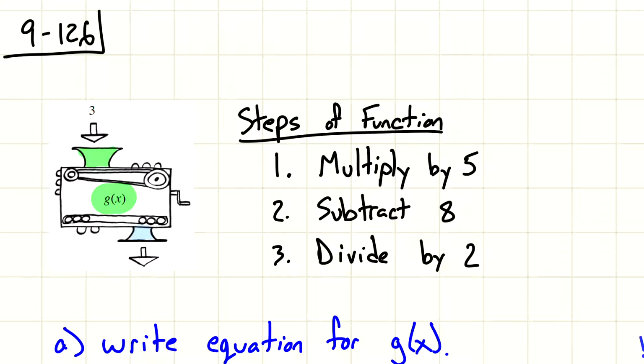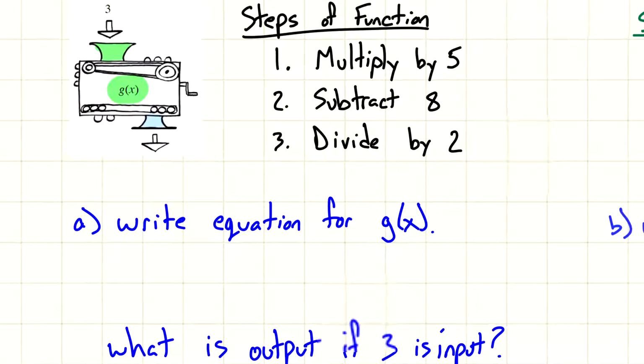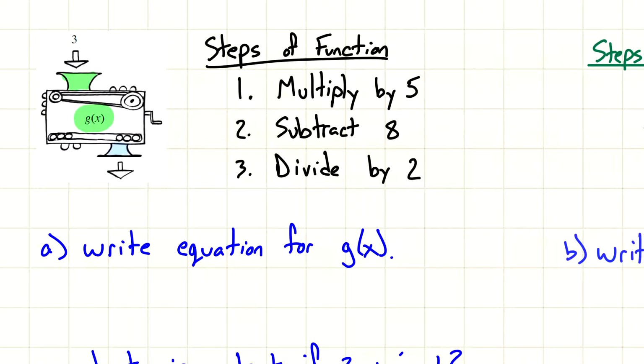All right, so that's how this machine is supposed to work. And so what we're going to do is let's actually write an equation that does all those steps. You could probably do those calculations in your head one at a time, but it'd be nice if we actually had just one equation that combined all those steps in one. All right, so let's start with